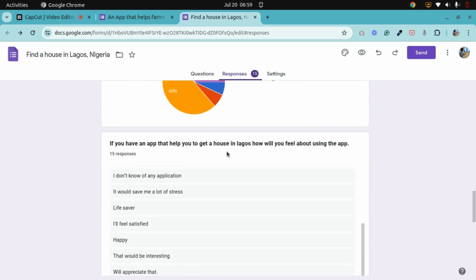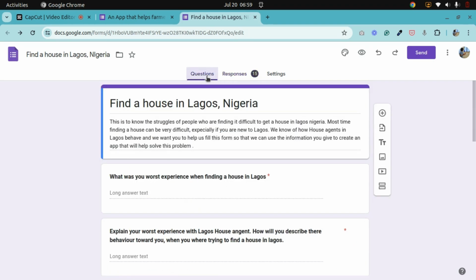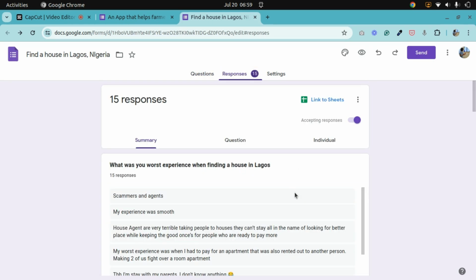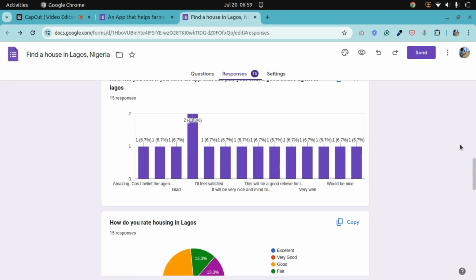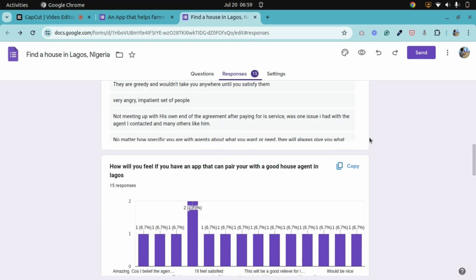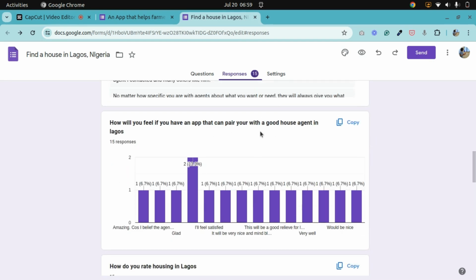So it's very easy for you to use this to make your analysis, because most times before you start designing a particular feature, you want to know if the market is ready. Sending this survey form is going to give you a heads up whether you should create a particular feature, to know if people are interested in it. For this particular one, let me rephrase this so that you understand better. You can see here, I asked, how will you feel if you have an app that can pair you with a good house agent in Lagos? You can see here from our survey,